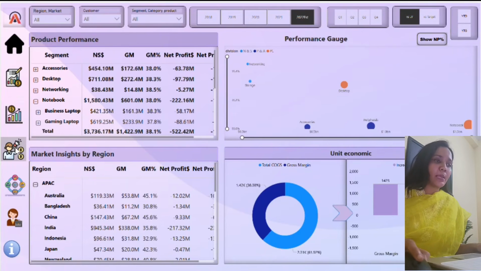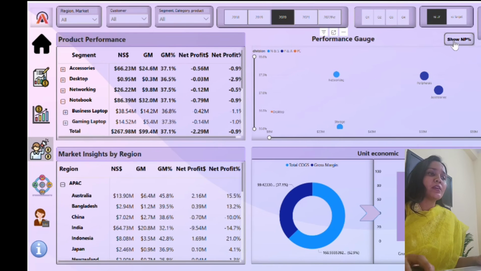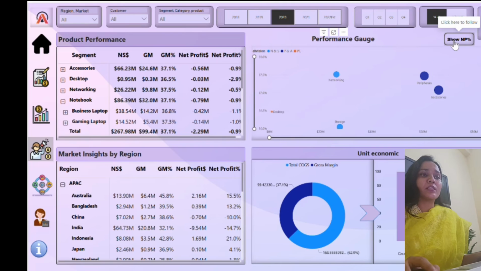So all the filters are the same, and on the upper right-hand side is the performance gauge. Basically this is a scatter chart, which I already used on the sales page view and explained there also. But in this visual it's showing two visuals in one scatter chart. This scatter chart shows the gross margin percentage,